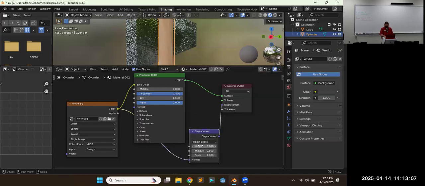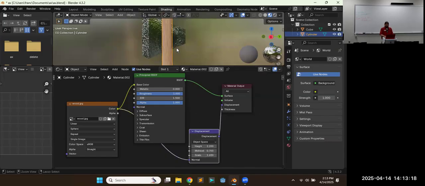So now that image controls the color, and kind of adjust that height and mid-level so the grain of the wood is actually what controls it. So that's sort of the next step in materials, adding in image textures and using those as normal maps to set up displacements, or